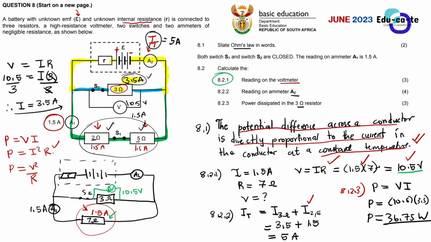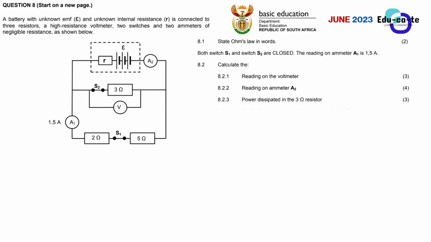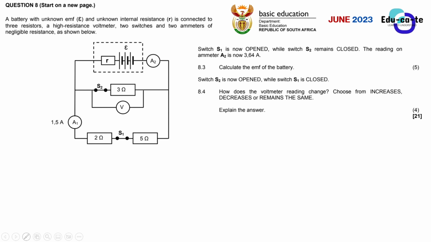Try to use these other formulas and using the information that you have on this 3 ohms resistor and try to see, are you not going to get the same? But this is supposedly going to be your 3 marks. This was 4, by the way. Okay, so now we are done with the lower order questions. Now let us look at one higher order question that needs your understanding.